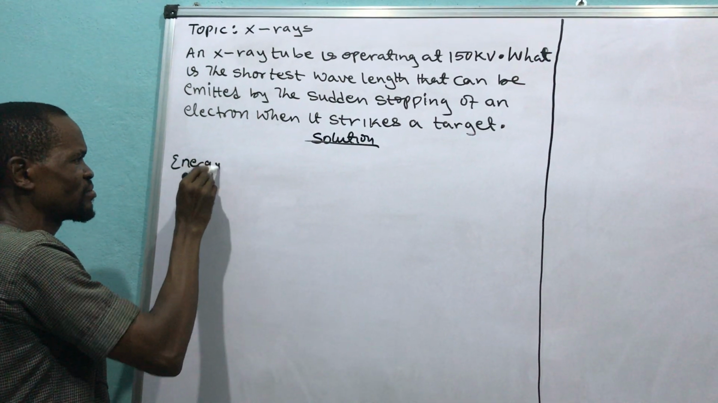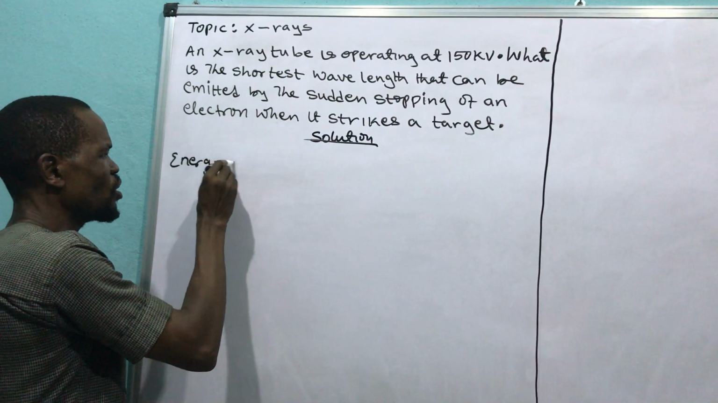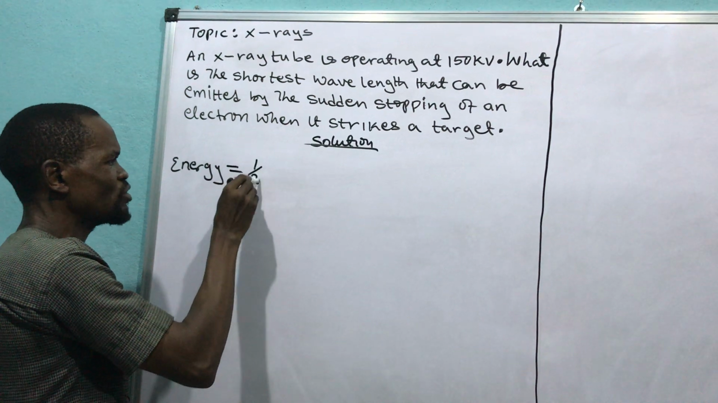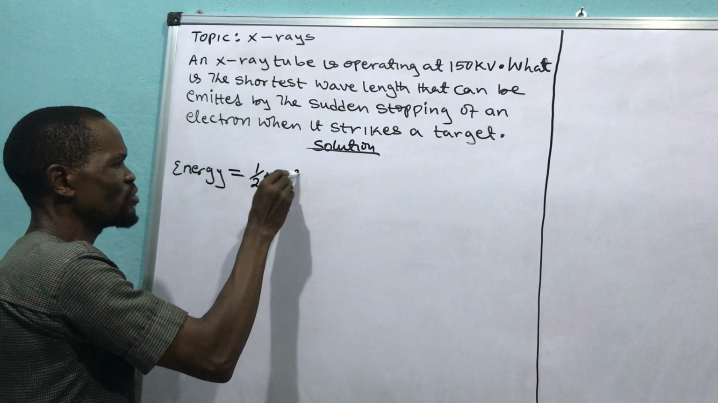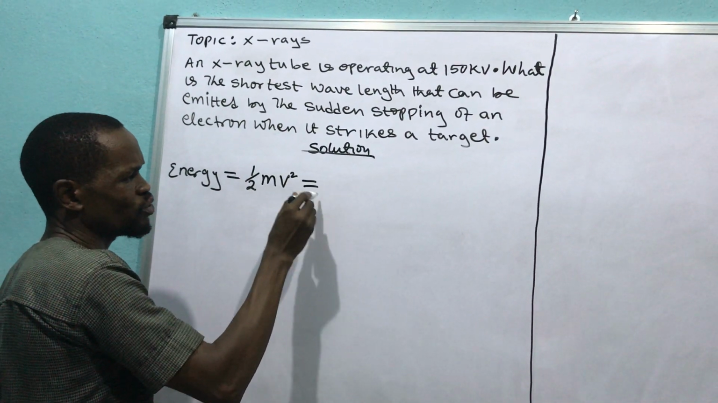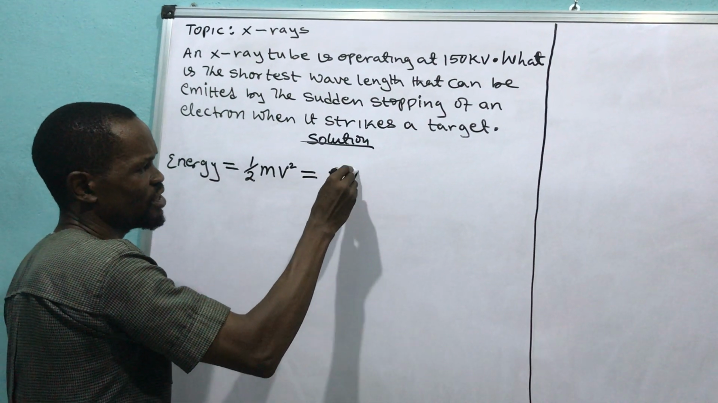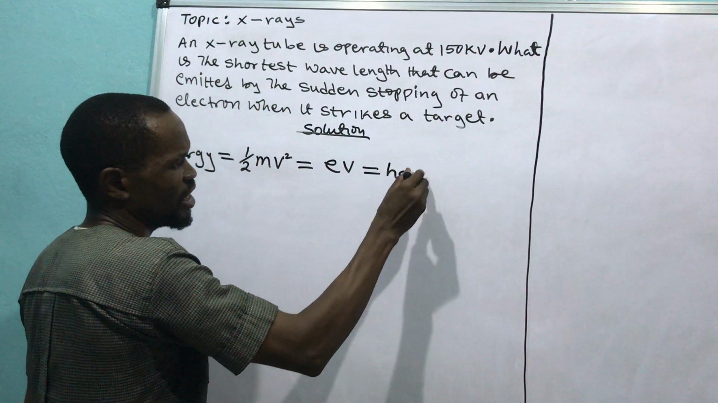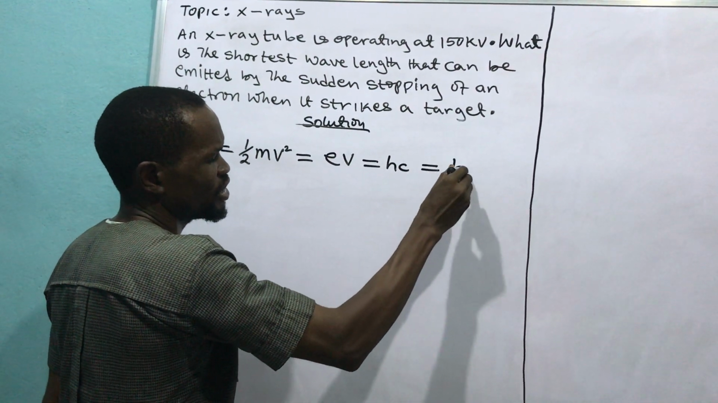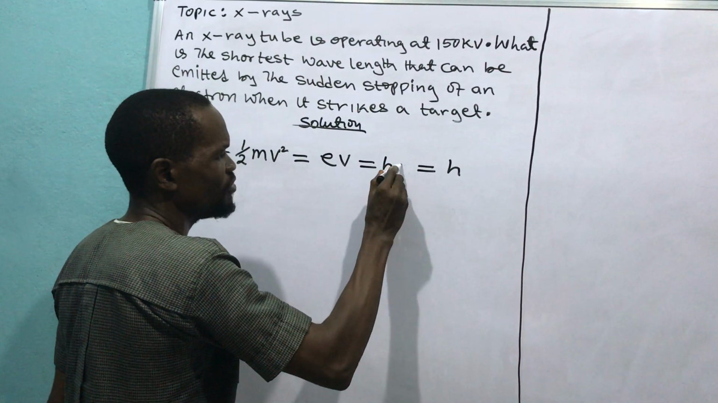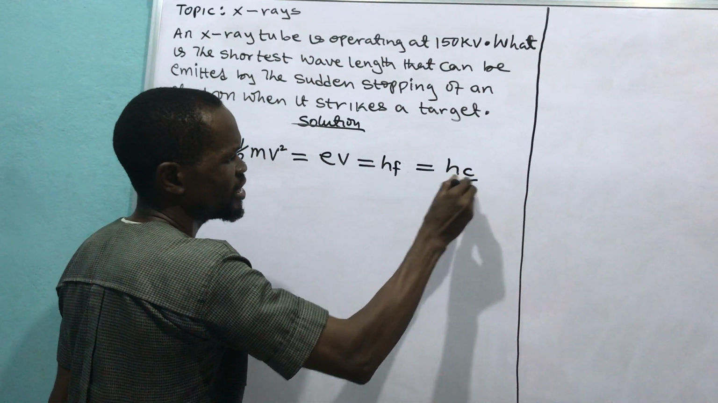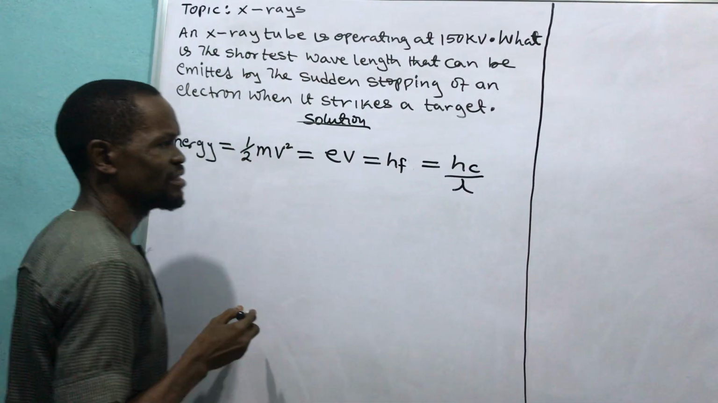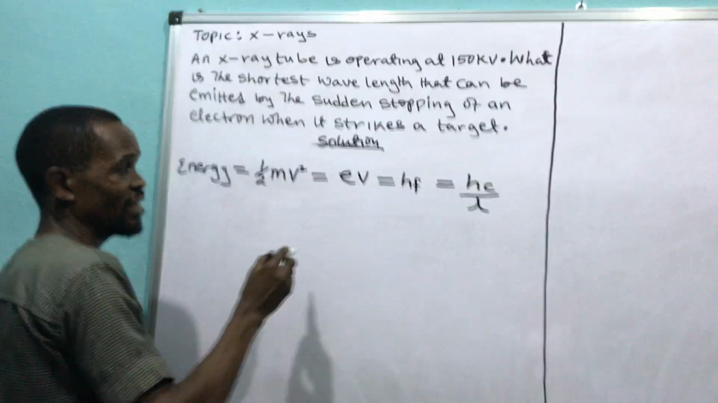energy, which we call kinetic energy, is 1/2 mv squared, and is equal to eV, which is electron volts, and is equal to hf, and is equal to hc over lambda. You remember, this